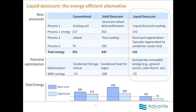That's where I want to introduce liquid desiccant. And I first want to talk about the energy advantage of using liquid desiccant. I'll get to why it's not costly from a first cost perspective in a minute, but really I want to talk, and I know there's a lot of numbers on this slide, it's a bit of an eye chart, but